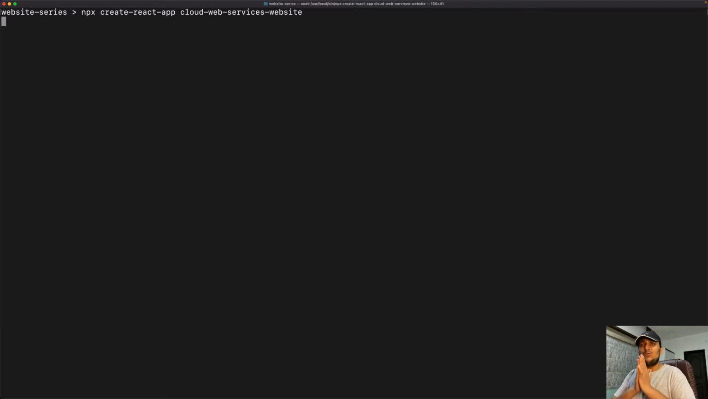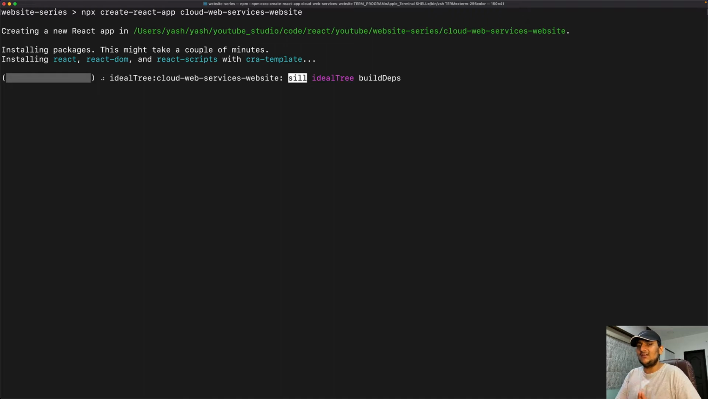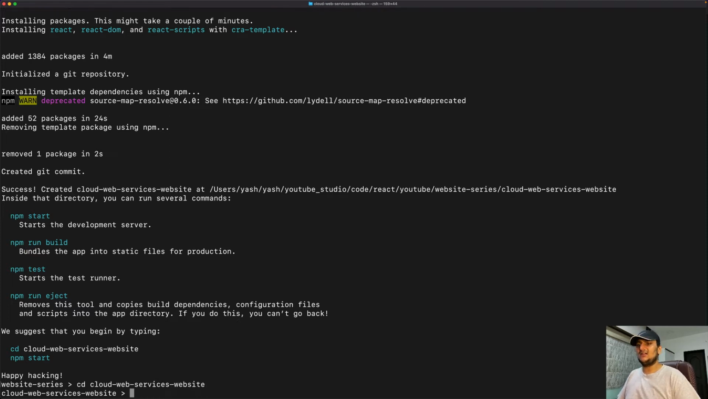And guys, we will also deploy this project once we are done building it on Netlify. Guys, it's super easy to deploy on Netlify. You will be really amazed if you have never used Netlify. Great stuff, guys. Netlify, just amazing, guys. Happy hacking. So what I'll do is I'll just cd into the folder Cloud Web Services website, and let's just clear this up,